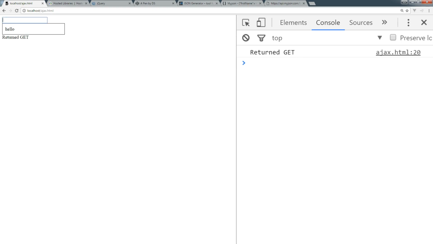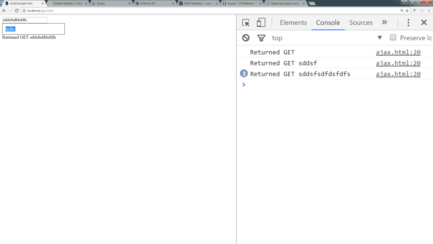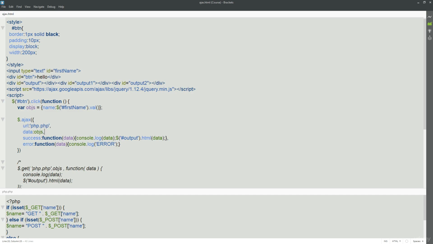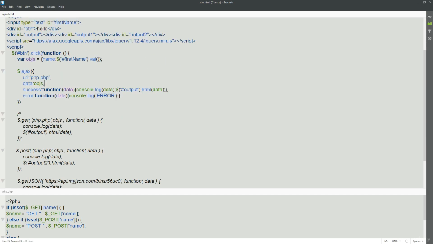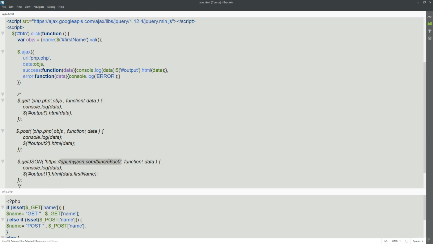So get, return get, and then there we've got that information. So again, full round trip that we're able to send with our data, and it really gets interesting when we start connecting some other additional external files. So if I was to do something like this file here,